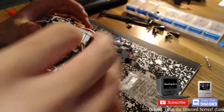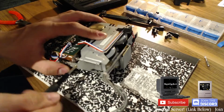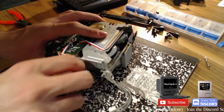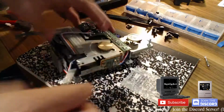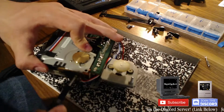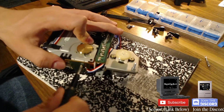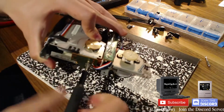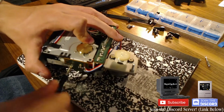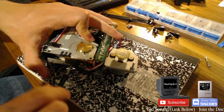Okay, so there's a screw on the side here, which is what holds that on. So we're going to start off with that. This whole PVC thing here, so I'm going to take that off, which kind of gets me... Actually, I don't think I do. Maybe I just have... No, I don't. I just have to take this screw down here off. I'm trying to find the least amount of things to take off, because I don't want to mess it up, you know, so...